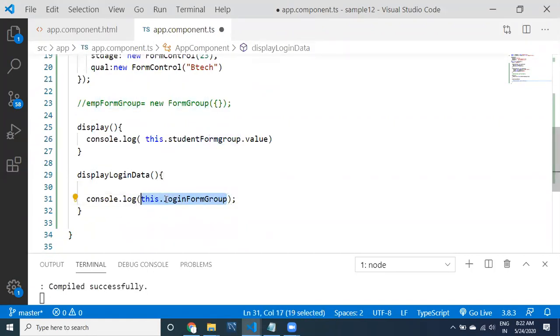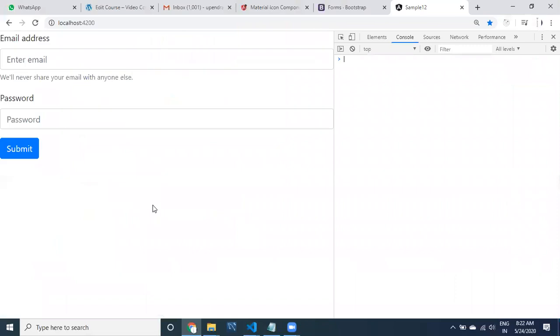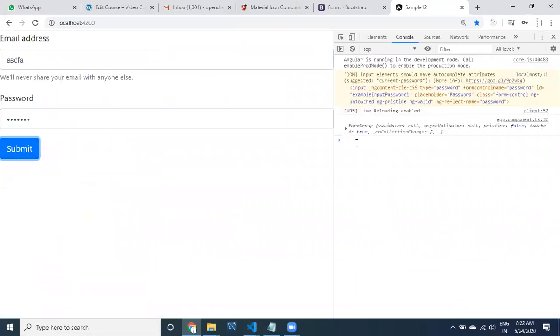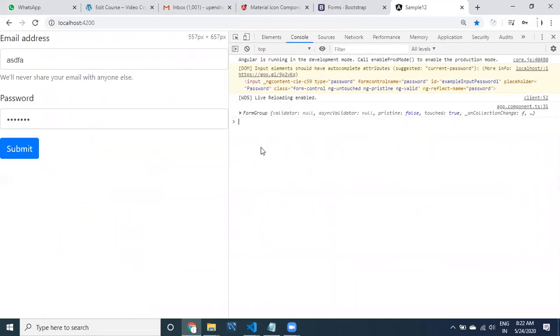If you want to see anytime, just go here and print the group. Now come here, provide some data and click on submit. See here, guys, you can see the structure here. You can see the data, whatever object you want to check. You can do it like this, guys. If you want to check any object and what kind of things are available inside it, you can verify all those things. Let us come to form group.